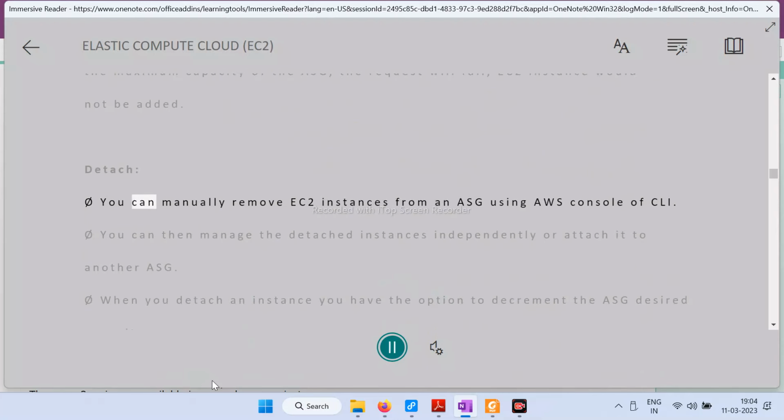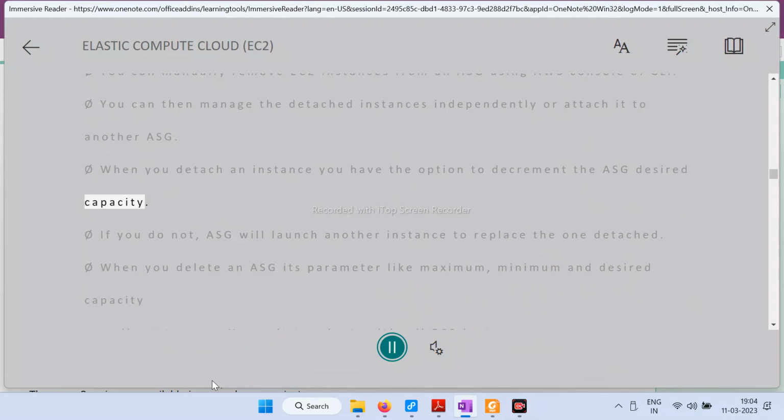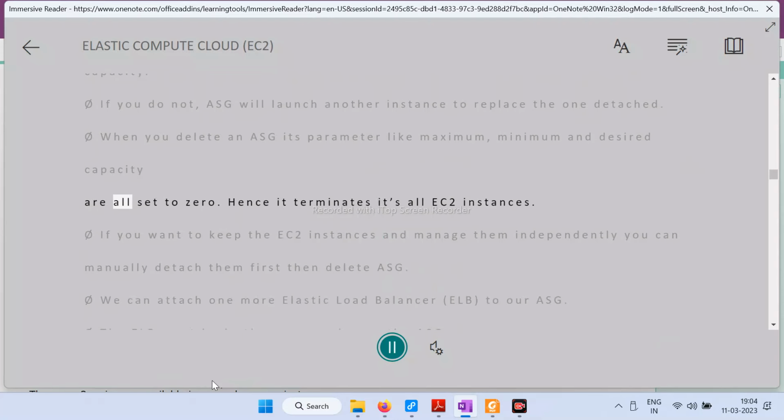Detach. You can manually remove EC2 instances from an ASG using the AWS Console or CLI. You can then manage the detached instances independently or attach them to another ASG. When you detach an instance you have the option to decrement the ASG desired capacity. If you do not, ASG will launch another instance to replace the one detached. When you delete an ASG its parameters like maximum, minimum and desired capacity are all set to 0. Hence it terminates all its EC2 instances. If you want to keep the EC2 instances and manage them independently, you can manually detach them first, then delete the